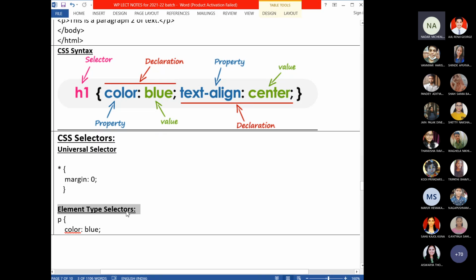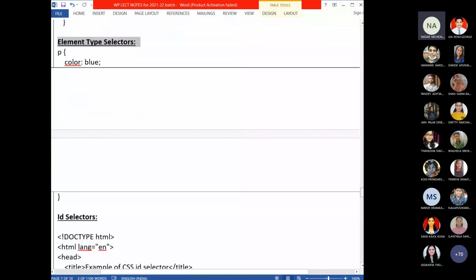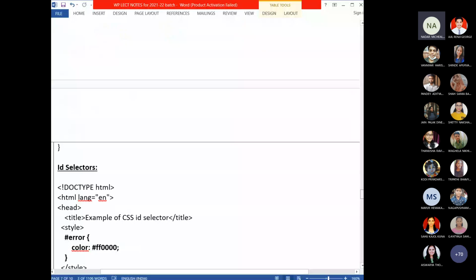So for element type selector, P, paragraph is a tag, but here it is a selector. Within the brackets, you write the style definition, the style declaration. You will declare the styles. So this is the element type selector.